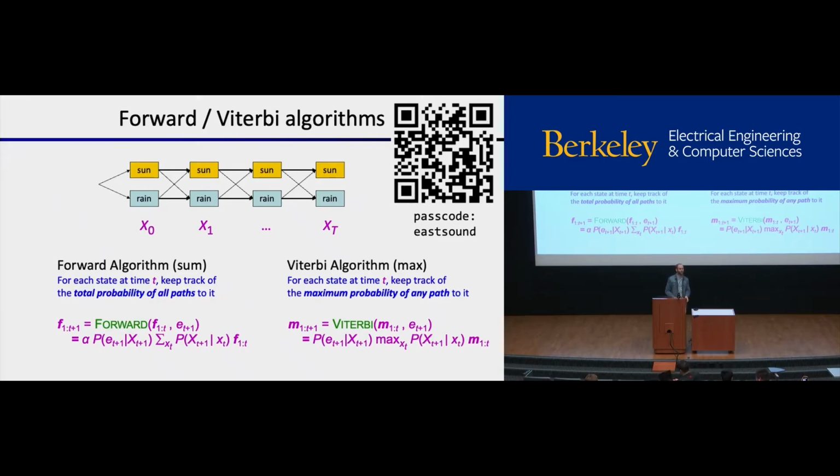Any other questions about the Viterbi algorithm, how it compares to the forward algorithm? Yeah. So for the forward algorithm, if we only want to find it for a certain time step, we have to normalize at each time step between that to find it, or could we just normalize at the end? You could just normalize at the end. Yeah, the way I showed it to you, we were normalizing every time. But yeah, you don't need to.